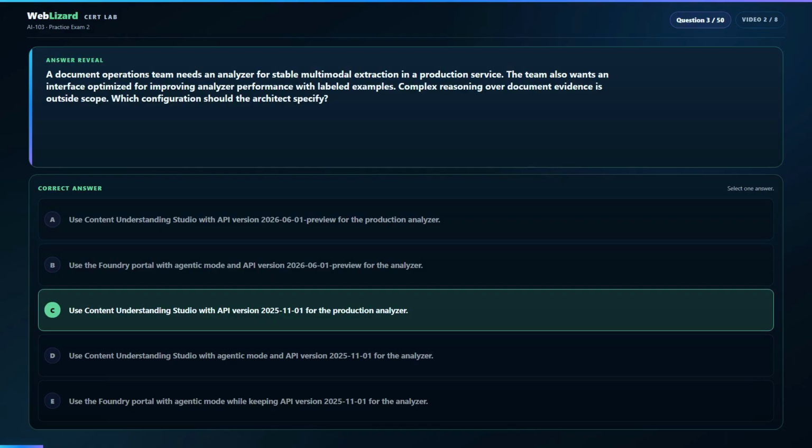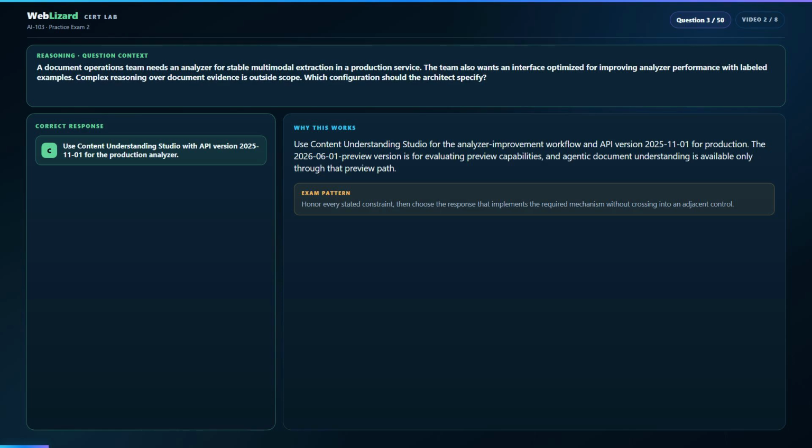Correct response, C. Use Content Understanding Studio with API version 2025-11-01 for the production analyzer. Why this works? Use Content Understanding Studio for the analyzer improvement workflow and API version